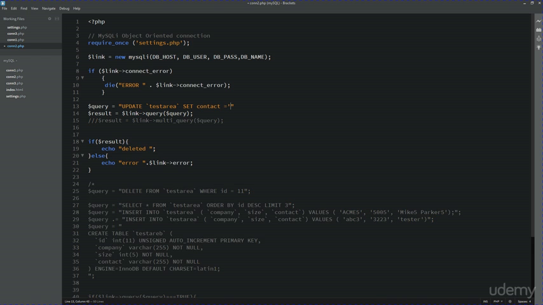so I had a double quote there, so I had accidentally deleted that. So let's update it to Jim Brown. So the contact is going to get updated, and if this is all I want to update, I could leave it as that. If I want to update more than one